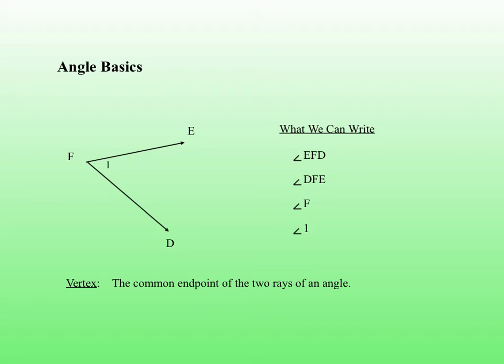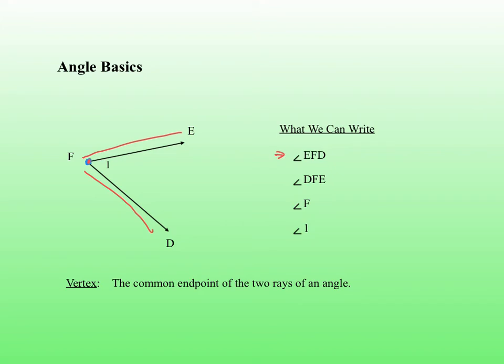Okay, an angle is something that has 2 rays and they connect at what we call the vertex. So in this case, when I look at this picture, the vertex is at F, and the vertex is defined as the common endpoint of 2 rays of an angle. So some different ways that we could name this angle is typically if you're going to use all 3 letters, you're going to have to put the vertex in the middle. So I could say that this is angle EFD,